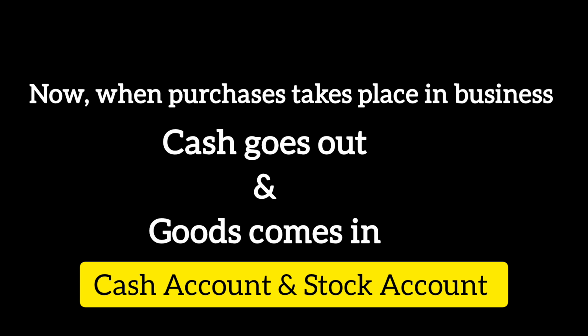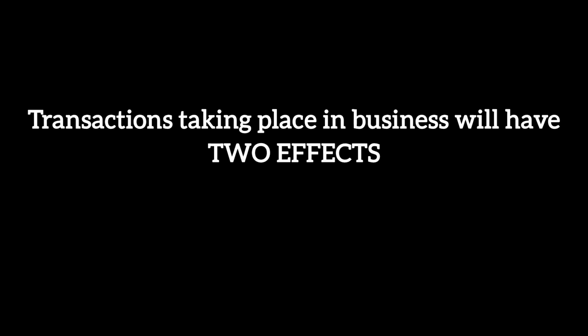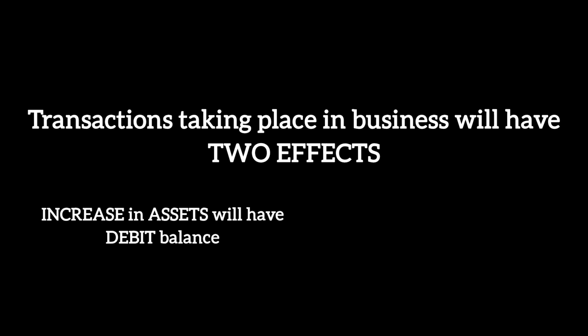So that's called the double entry system. Whatever transactions take place in business will have two effects. One is debit and the other will be credit. When assets increase, assets always have a debit balance. So if assets increase, it will always have a debit balance, and if assets decrease, it will have a credit